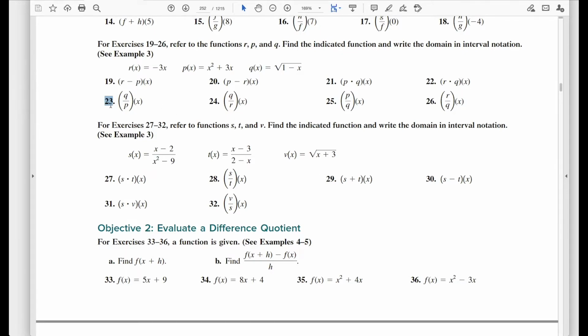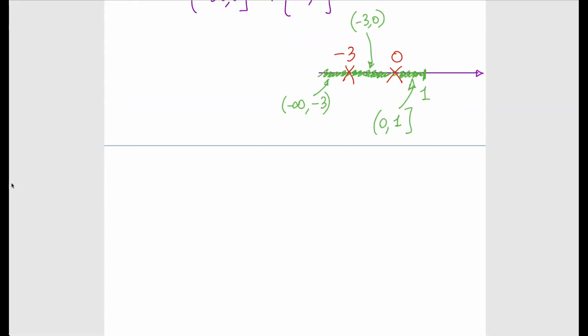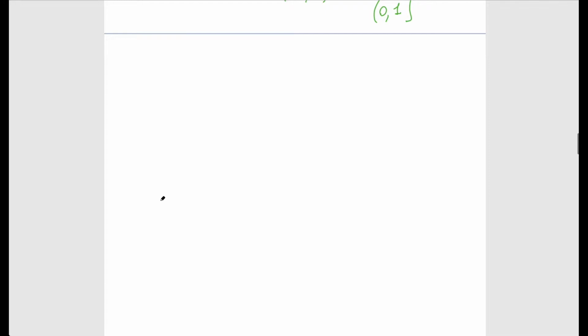So we finished 23. How about now 30? Refer to functions s, t, and v, given as such, and find the indicated function and write the domain in interval notation. Same question, but now they cranked up the level of difficulty a little more. Let's do number 30: s minus t acting at x, where s is this quotient and t is this quotient. Let's do it. So number 30,